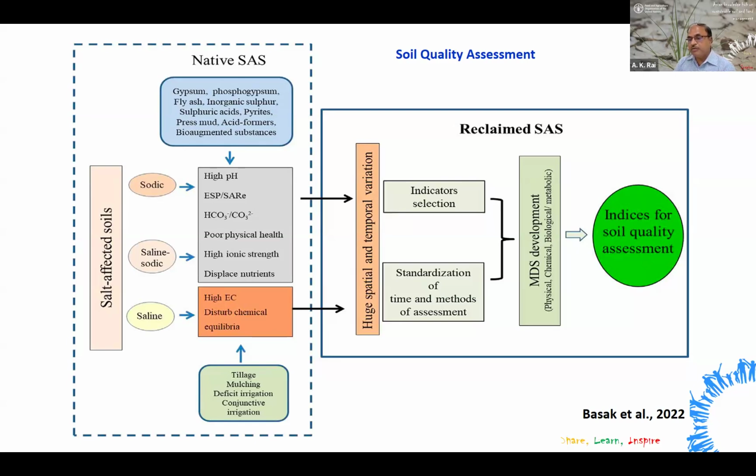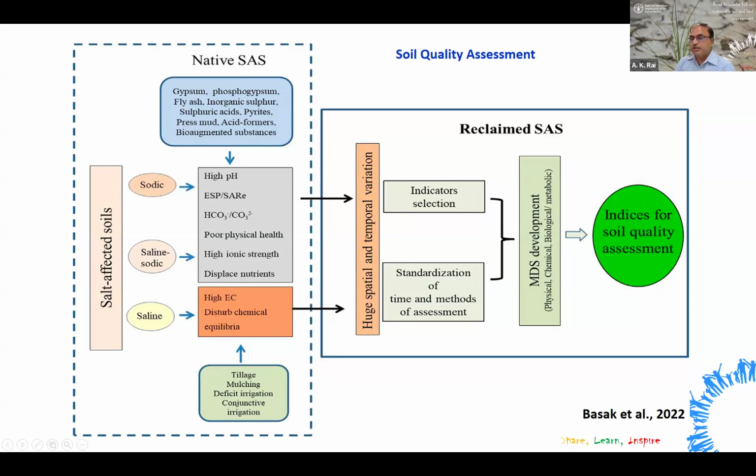Some sort of problem has reoccurred, and now we cannot go for a blanket recommendation. So just to prioritize the area for treatment or to allocate the resources for reclamation, we need a robust index-based mapping, so that we can formulate, okay, these are the areas where we can go for reclamation. So we are working on this issue, and there is a problem worldwide. Still now, for salt affected soils, we are not able to develop a very robust soil quality assessment where the decisions are based on the